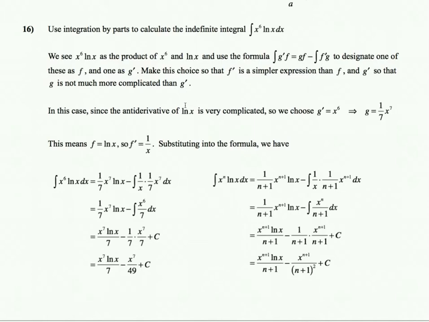And in this case, since the antiderivative of natural log is very complicated, we choose g prime equals x to the 6th,